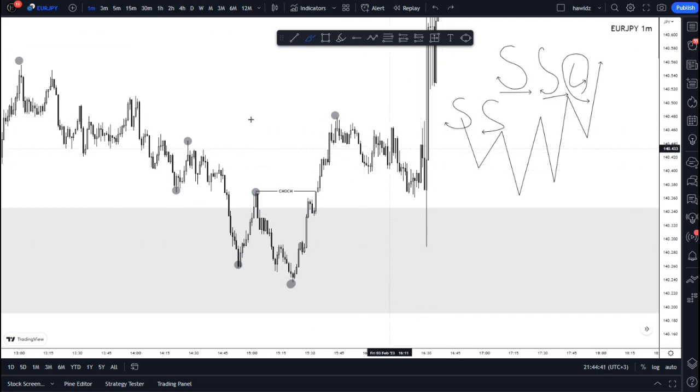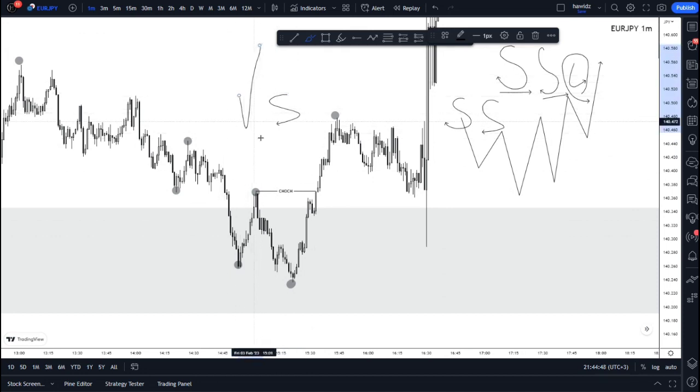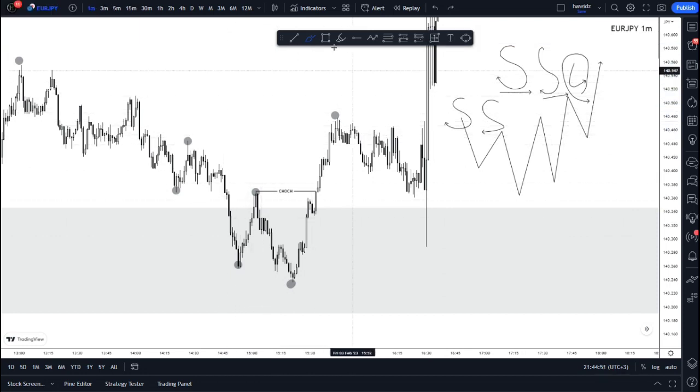Now the next thing we need to see is the second S, which is the S&D point, the demand zone, the last place that smart money sold before they bought. Lo and behold, that area is going to be precisely this one right here. Now as you can see, price comes down, wicks, takes this liquidity here, comes up, fails to make a high,